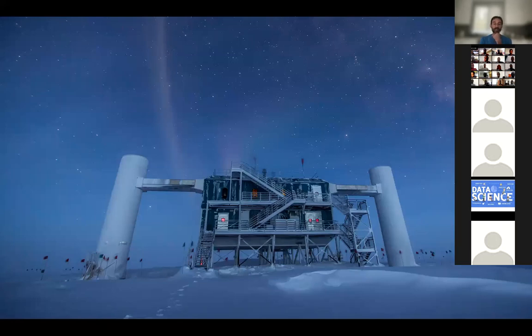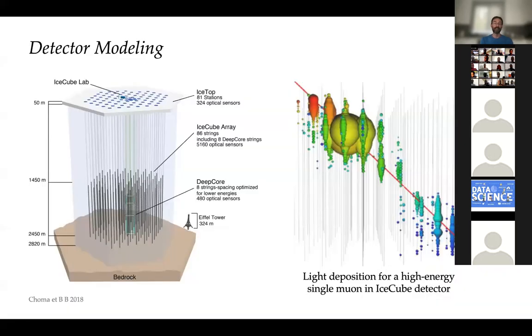And what you see here is a different kind of particle physics instrument. This is called the IceCube. And this is probably the case where the expression, the tip of the iceberg, can be taken literally, because this is a cubic kilometer of ice that is used as a detector. It is carved into the ice shelf of the South Pole. And you can see here the Eiffel Tower, this little blob, for scale.